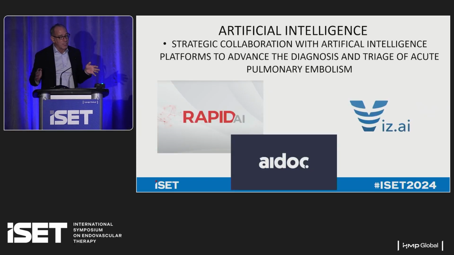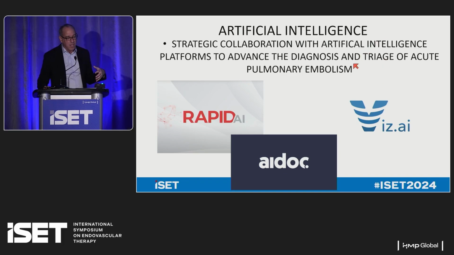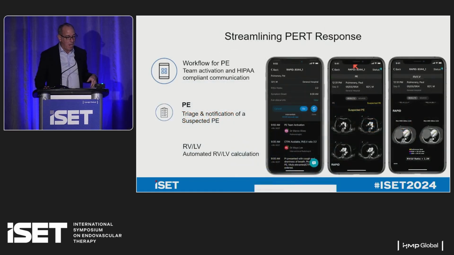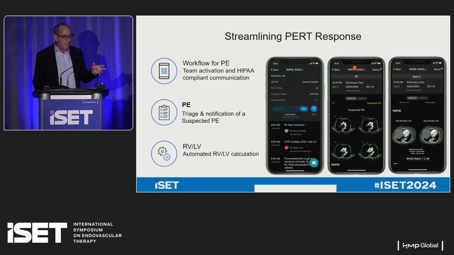There are 3 vendors that have FDA-approved mobile devices. I think they're all wonderful and great, and I'll touch base on them very briefly. At our institution, we've had a long-standing partnership with Aidoc, and a lot of the data I'm going to share with you is predicated on our long-term relationship with Aidoc. This is the Rapid platform, and you can see the CAT scan images on your phone very nicely.